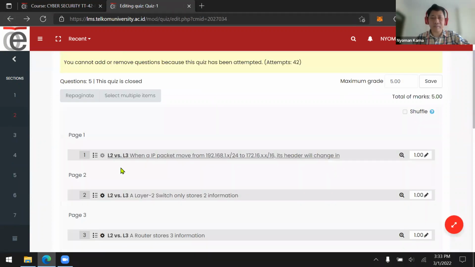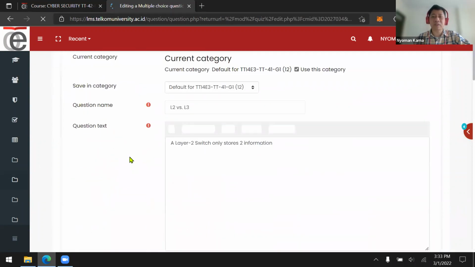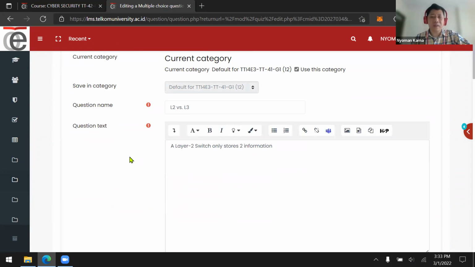Second question. A layer 2 switch only stores two pieces of information. The first one is the port status, whether there is a connected device on that port, and also the MAC address of the device that was connected to that port.